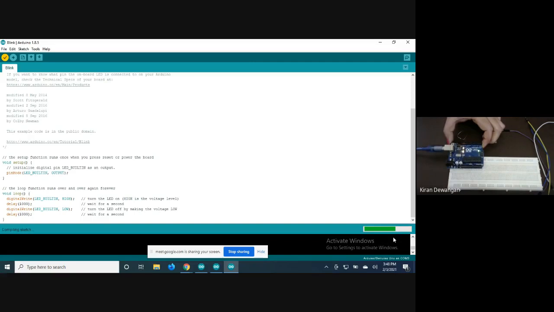So till the compiling is done, as the compiling will be done, this side it will show compiling done. It will take a few seconds, then the compiling process will be done. See, it's over now. Done compiling is showing. Now after that, we need to go for upload.